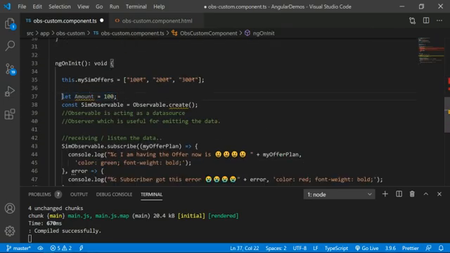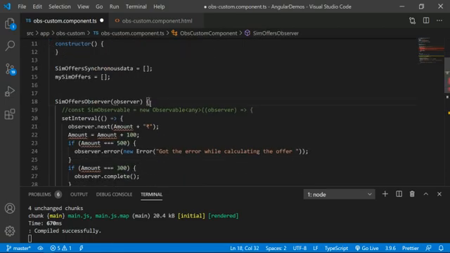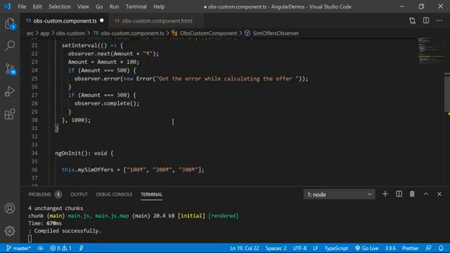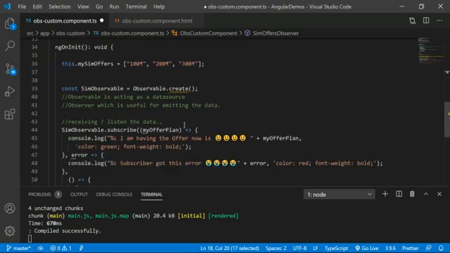Let me take this amount here, and I want to pass this into the observer. This is a function, right? I want to pass this function as a parameter to Observable.create.